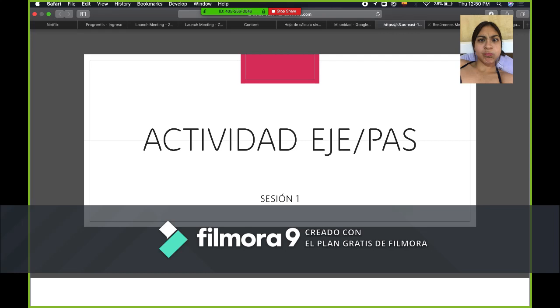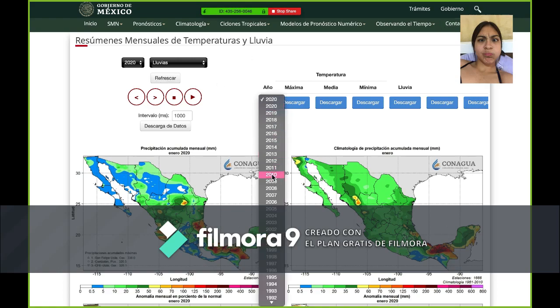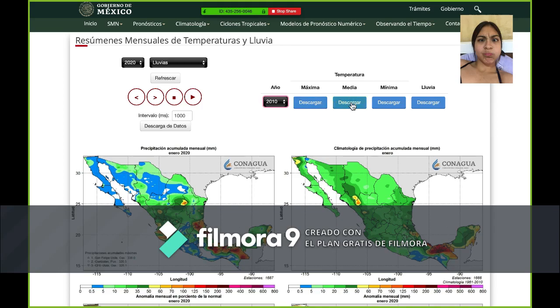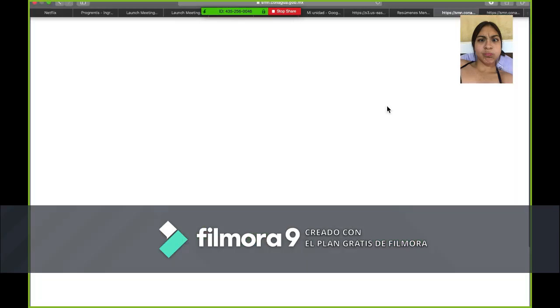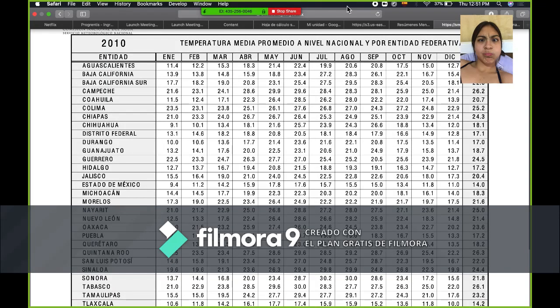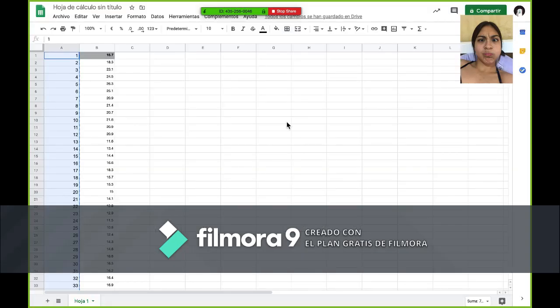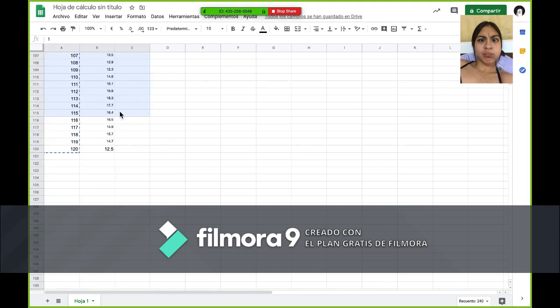Okay, so what we did for the activity is that we first had to go to the page to get all the results of everything, and we have to download from 2010 and on, and each of them. And once we were in each of the documents, we had to choose the one from Estado de Mexico, and we gathered all of the information in an Excel. Here we gather all of the information in Excel with numbers from 1 to 120, which are the total values,